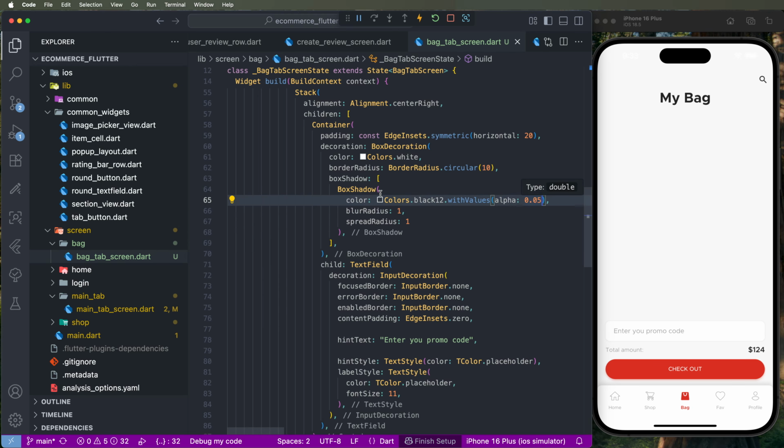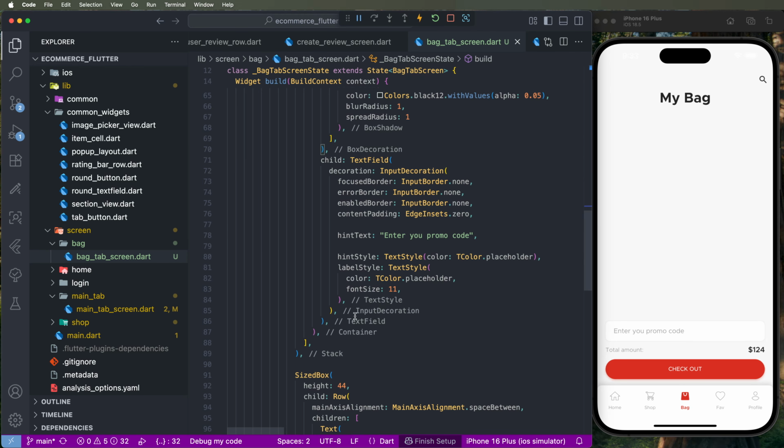Show like here, see data look like this, and now we need to make the